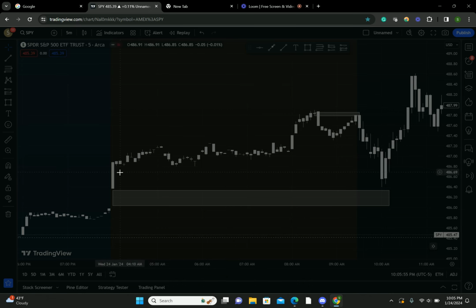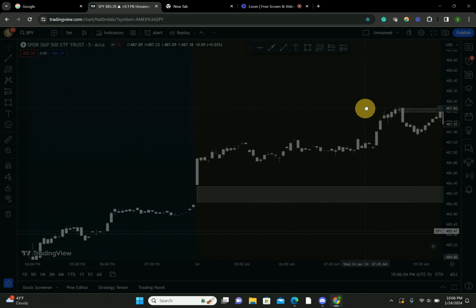So overnight session, we made a move up. We came back down. Right, we made this little 5 minute. When you get better, you can kind of see patterns before they happen. So if you want to take a break of structure on the 5 minute, it's just too large. It's kind of large to do that.